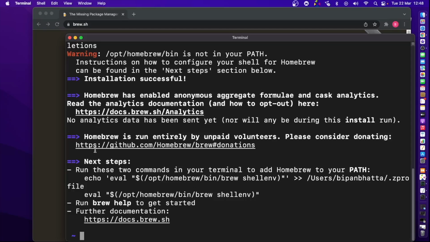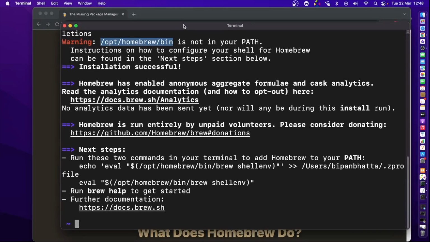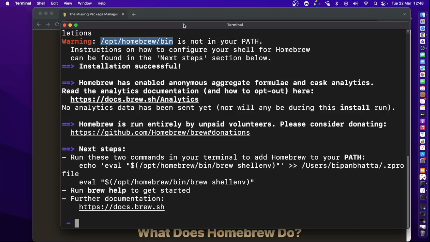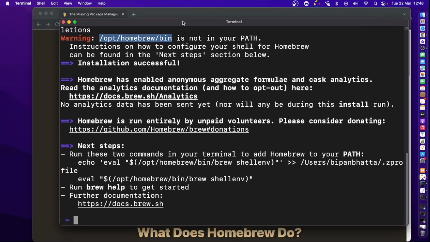Now that it has installed Brew, it's given me a warning here saying this path is not in your path. So I'll have to write this as a path in our bashrc or zshrc file. So if you are using the latest version of the Mac, you have something called a zshrc file, or if you're using an older version, you have bashrc. So let's open that file. In my case, it is this zshrc. For some of you, it could be bashrc. Okay, so I'm going to open this,